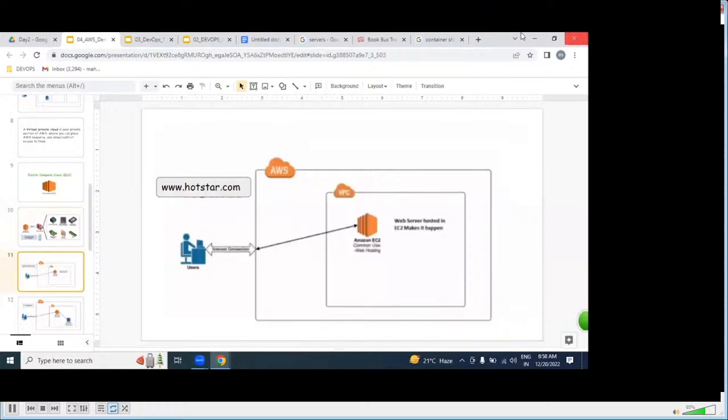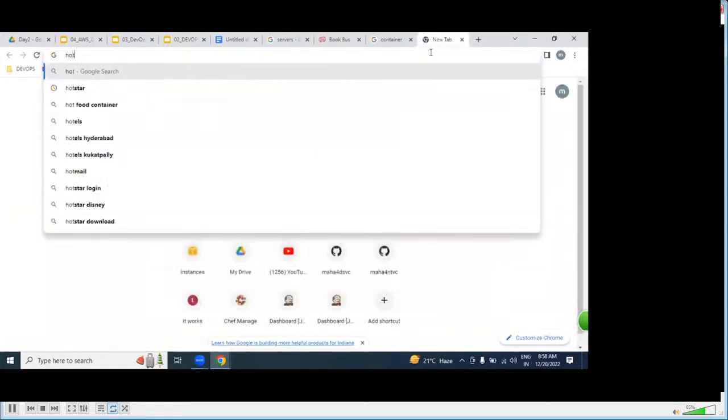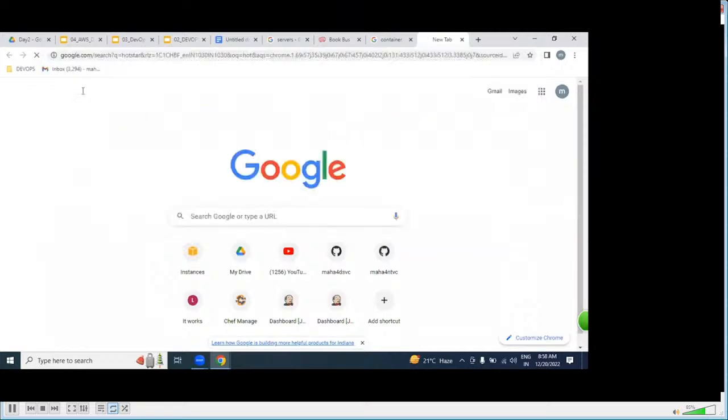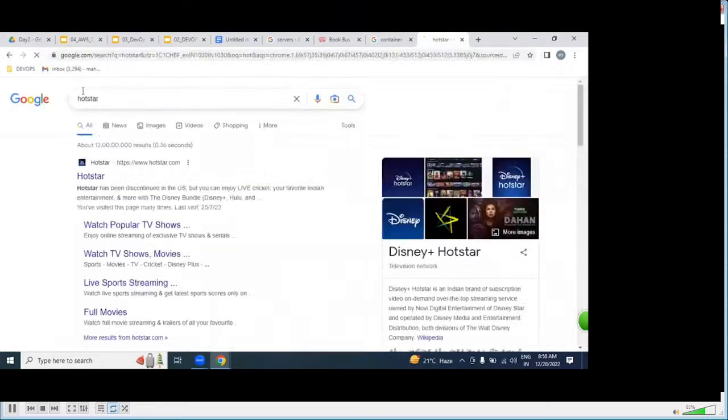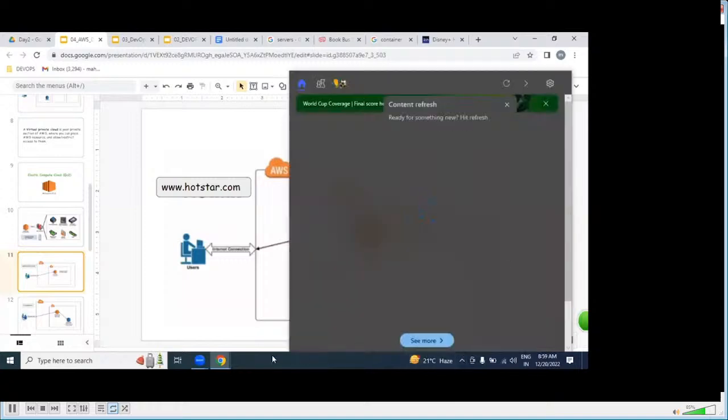For example, I want to deploy the Maha Sir application. How exactly? First, you need to establish a network. We need to create one virtual network in the cloud.